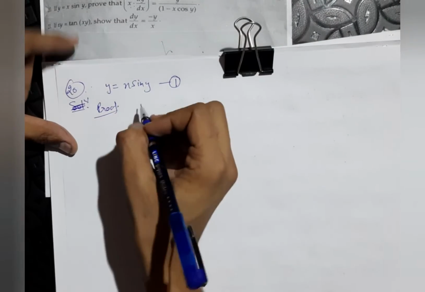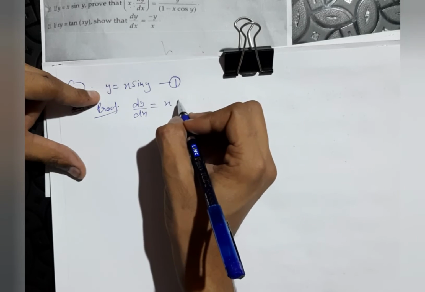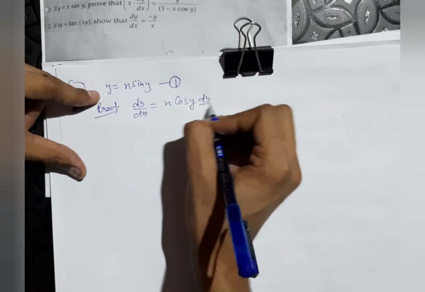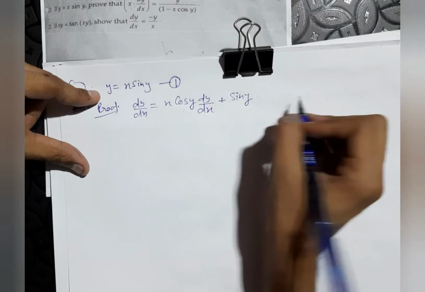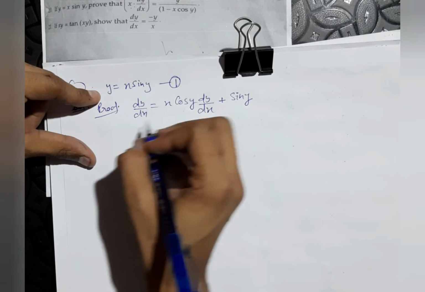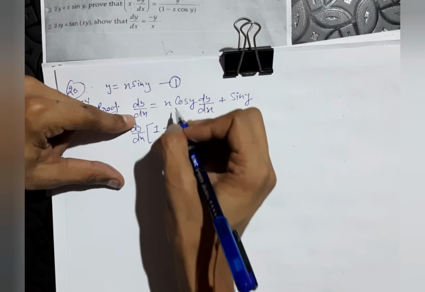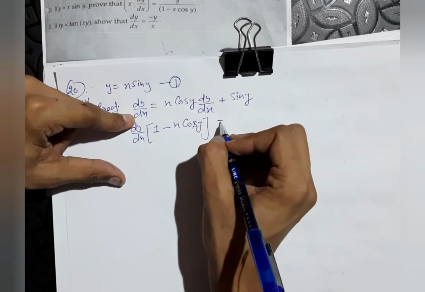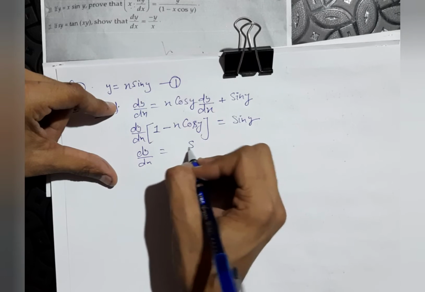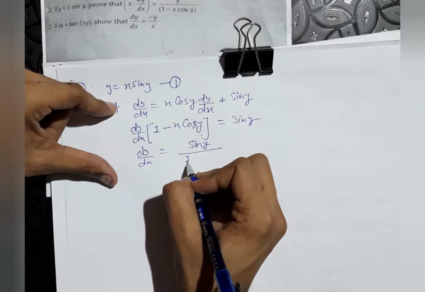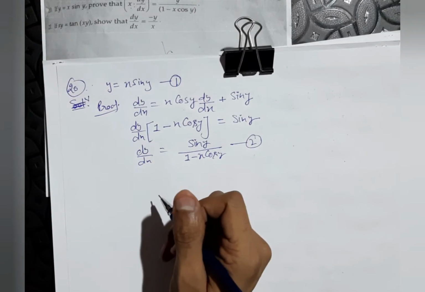So let's do differentiation. So dy over dx equals x, same, sin y gives me cos y times dy over dx, plus now sin y is same and the derivative of x is 1, so I am not writing that one. Now dy over dx can be taken as common, from here and from here, so this is minus x cos y equals sin y, or dy over dx equals sin y divided by 1 minus x cos y.